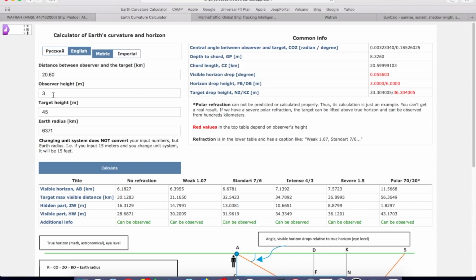Now, if I overestimated my height, for example, if we were just 2.5 meters above the water, you'll see that the hidden amount becomes 14 meters and 17. So I estimated 3 meters. It could have been a little bit higher, it could have been a little bit lower, but that is the ballpark figure for the amount of hidden ship that we should experience